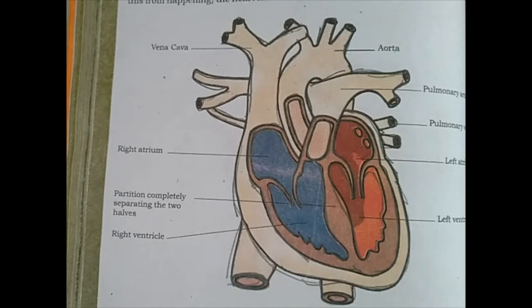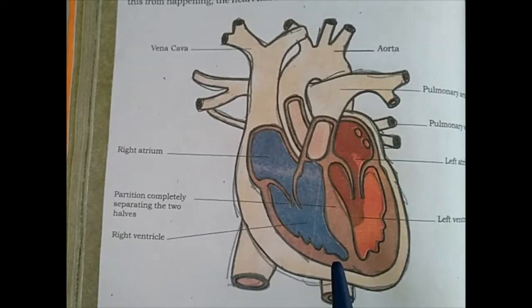We are seeing our chapter number 11, that is transportation in animals and plants, and under this chapter we are seeing the circulatory system that we discussed in brief in our previous lecture. We also discussed that the heart is a very important organ, and it is the central organ for the circulatory system. Means it is the head office of the circulatory system, that we can also say.